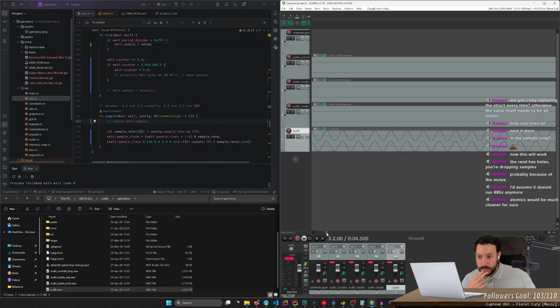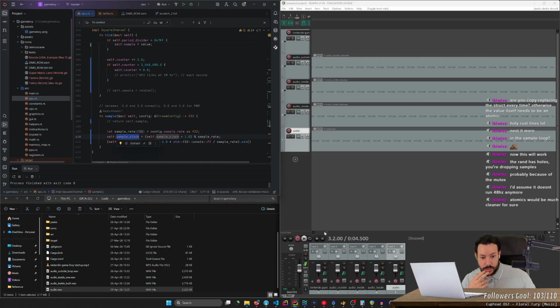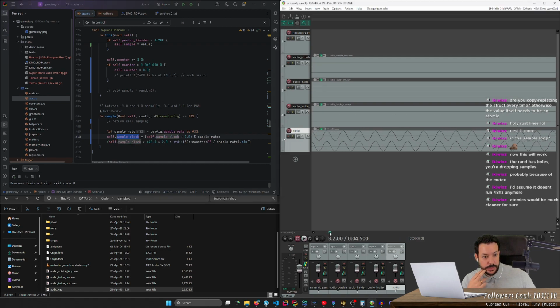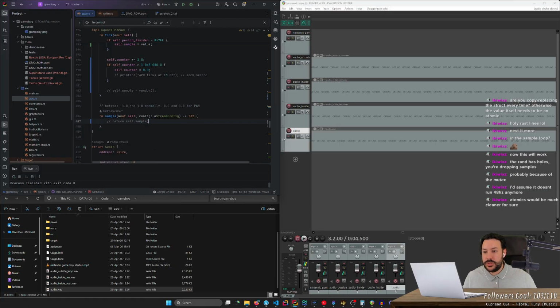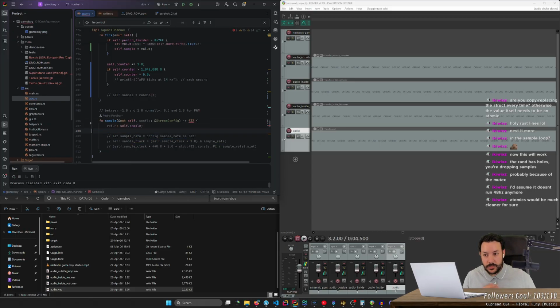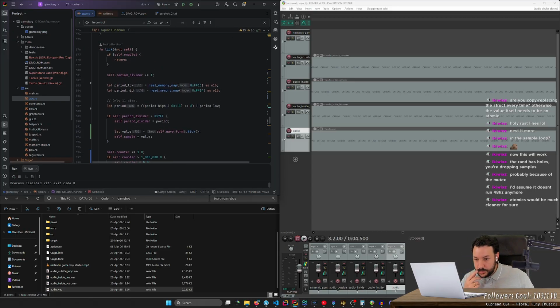Even with the... I mean, it's modifying stuff there, like the sample clock stuff. It's still using the mutex, but it's not dropping anything. So now I would say that there's probably a logic issue.